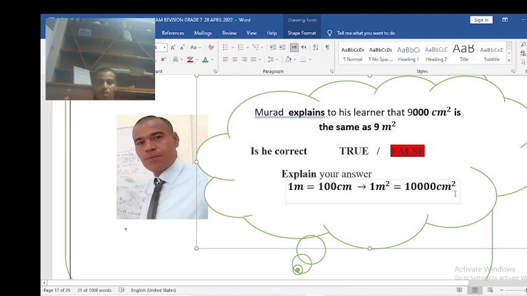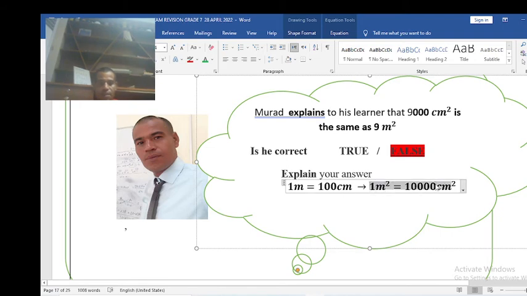Okay. So we told 1 meter equals 100 centimeters. I will multiply here by 1 meter and here by 100 centimeters, which gives 1 meter squared equals 10,000 centimeters squared. Therefore,